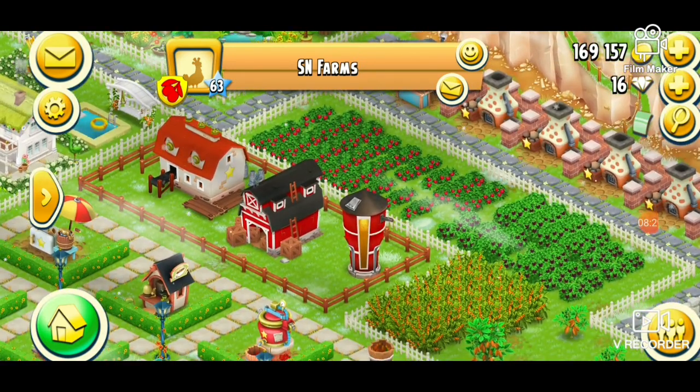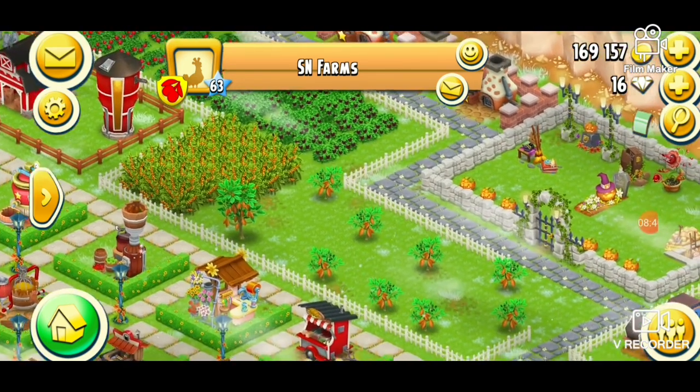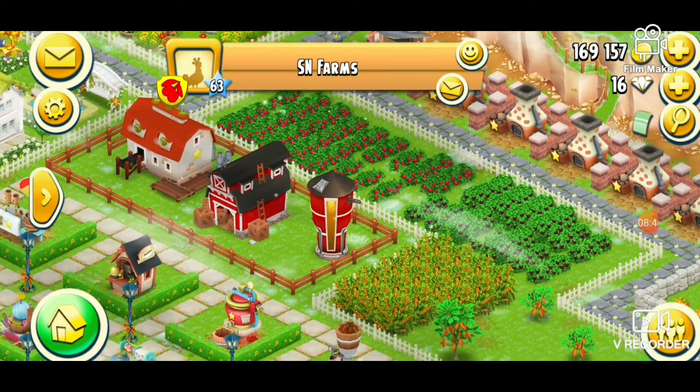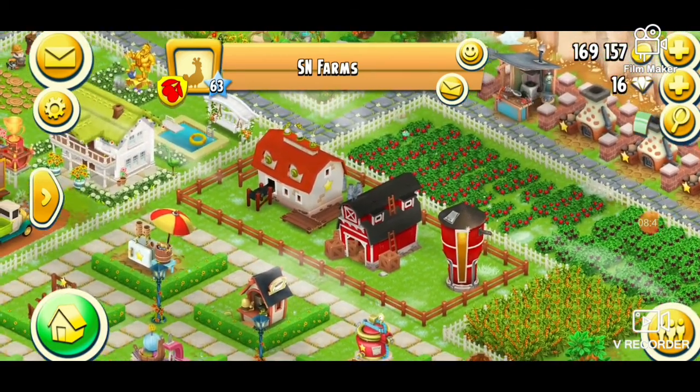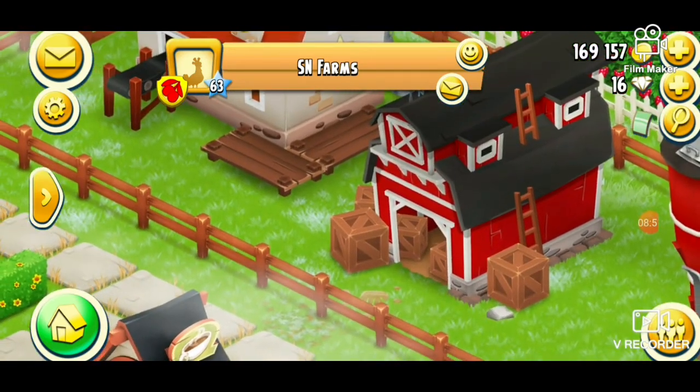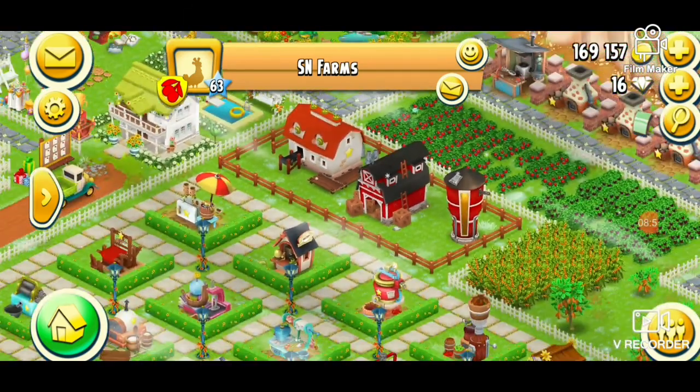This area here, I don't know whether you've made that for like an orchard. With the orchard there, yeah, I can see what you've done there. That's okay. The barn area, you want to take a piece of fence out just there and put a path leading to the barn, because it looks